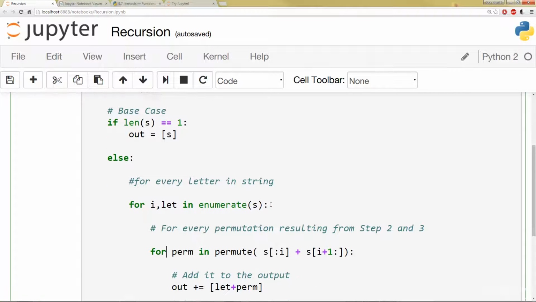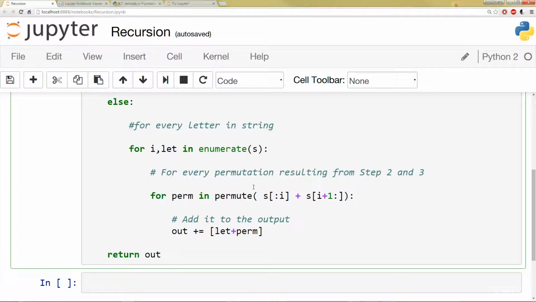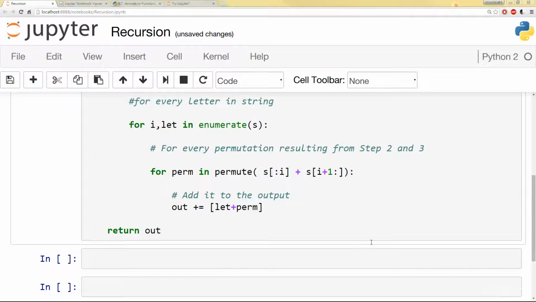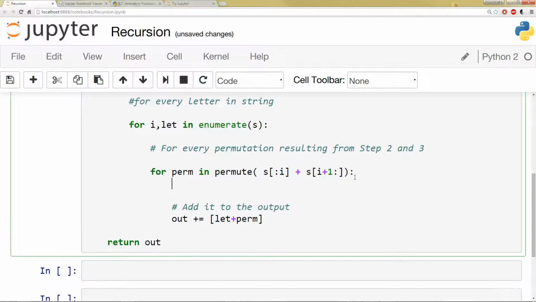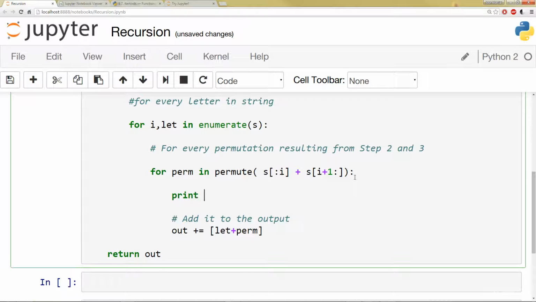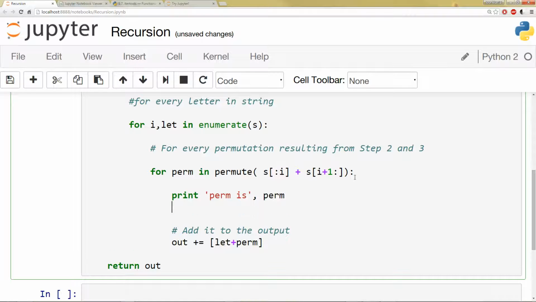So your homework assignment, if you're having trouble understanding what the slice notation is actually doing in this permutation recursive call, go ahead and add print statements to help yourself really visualize this. So for instance, you can add print statements if you want to know what perm is, you can add that, print,